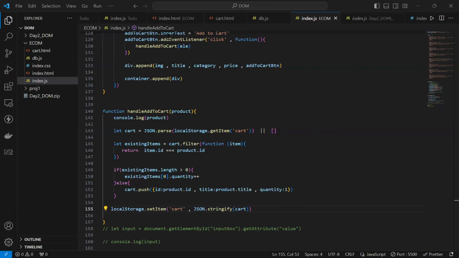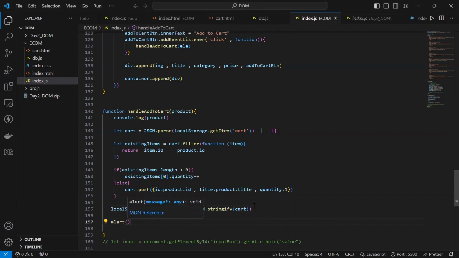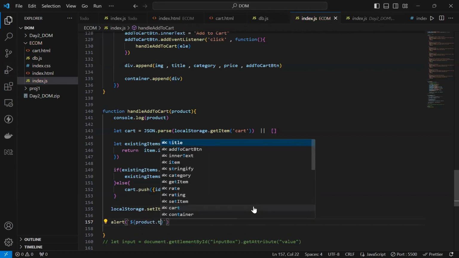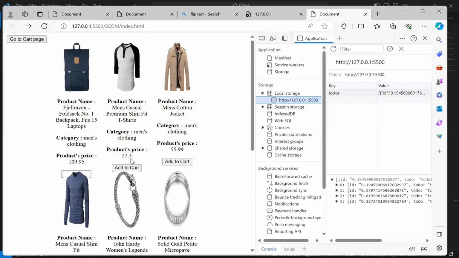Okay, so we can send an alert also. I can alert that at the rate product dot title is added to the cart. Okay, so let's go back. Now, if I go back and click on this,